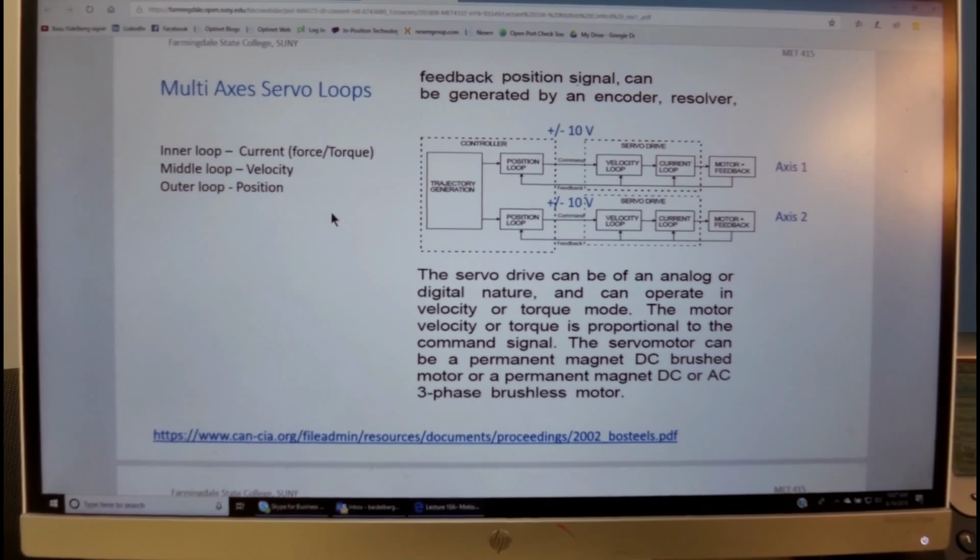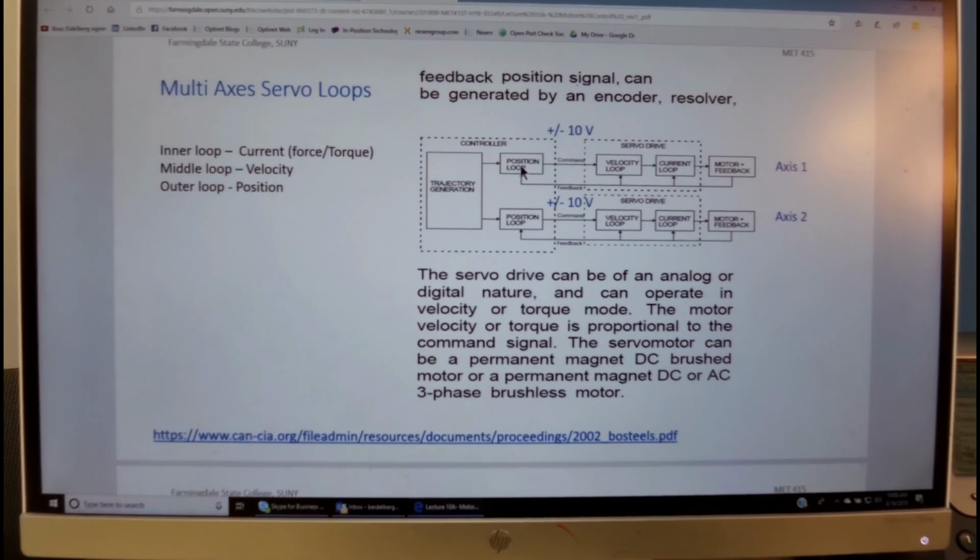The earlier phases of servo controllers used to include a motion controller that had a position loop in it, and we see that other than position loop, we have also velocity loop and current loop, and the motor feedback is feeding back to each one of these loops some feedback signal.